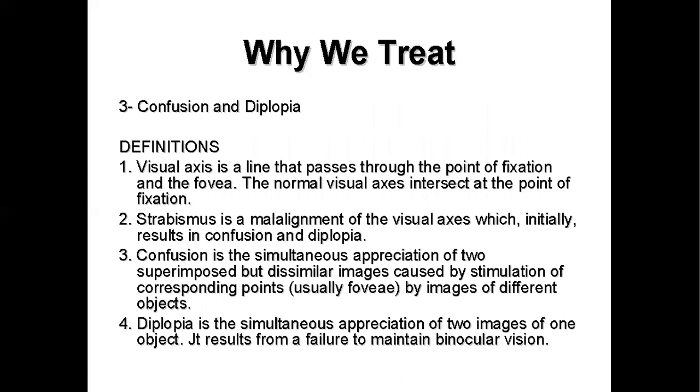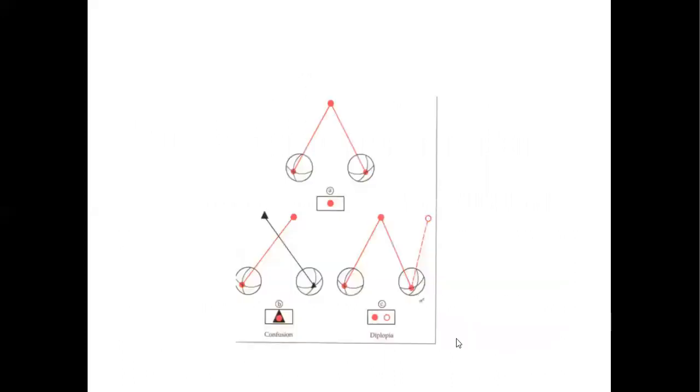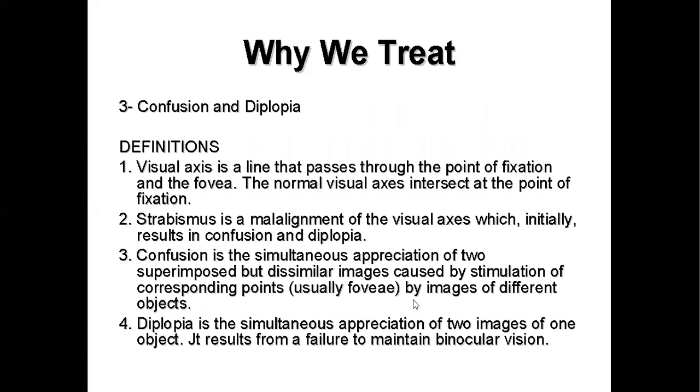Then we also need to learn an important concept that is called confusion and diplopia. So what is confusion? Confusion is nothing but simultaneous appreciation of two dissimilar images caused by stimulation of different corresponding points by different images of different objects. For example, what I want to say is, if there is a large squint, so if in the right eye there is a big squint, then